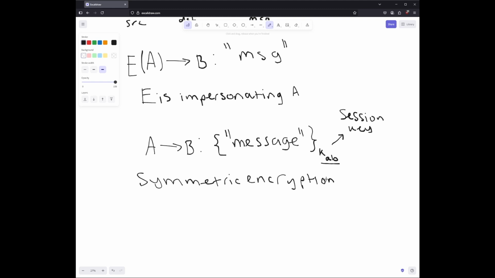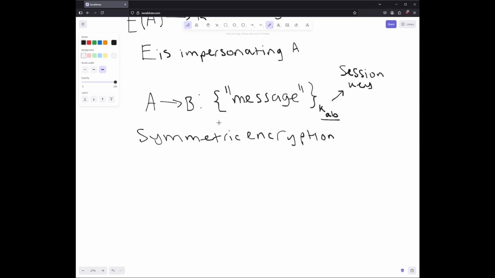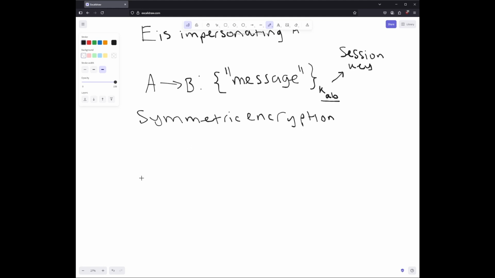That is produced from symmetric encryption. So we usually have some sort of key establishment protocol, like Diffie-Hellman, for example, which allows us to produce a symmetric key that both A and B can use. So this is cool, right? But what if Elvis is able to get a hold of this message, then